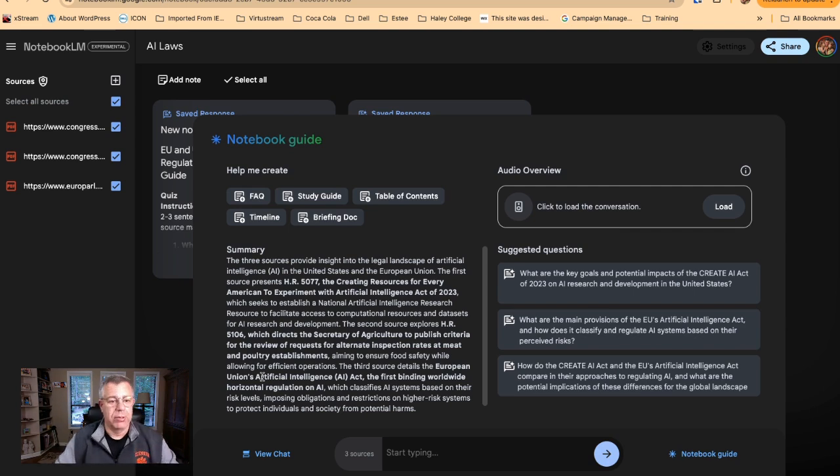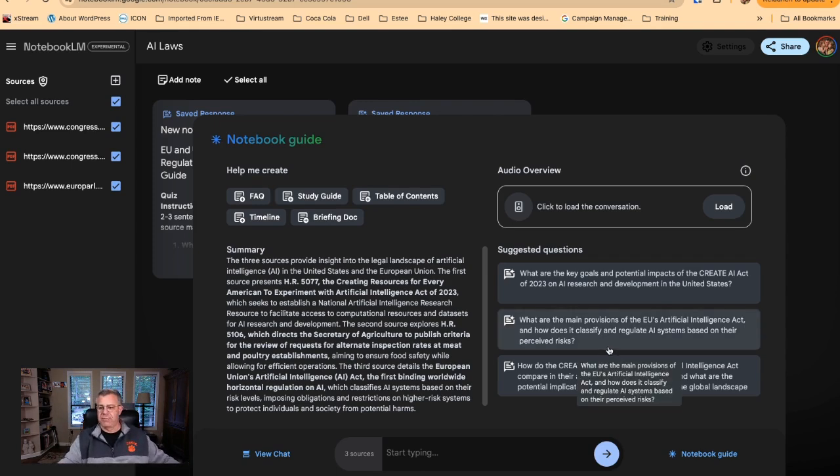That's a good overview of some of the ways I've been using Notebook LM. If you haven't used it, it's worth getting in there. It's worth playing with it. If you're a student, I think there's huge opportunities with this. Generate your briefing doc, read your briefing doc, generate your audio conversation, have your audio conversation, have conversations of what